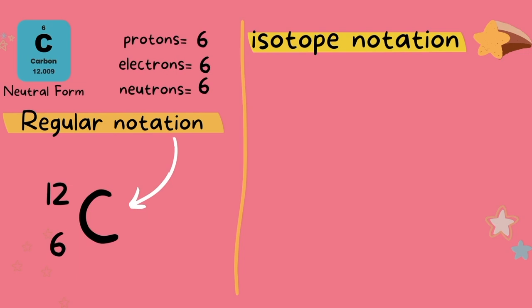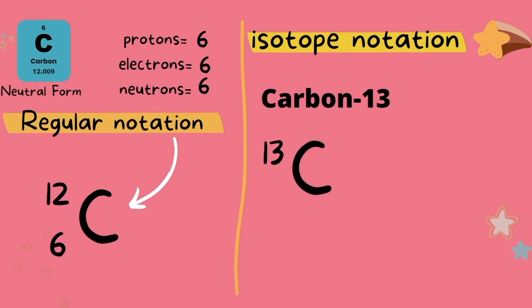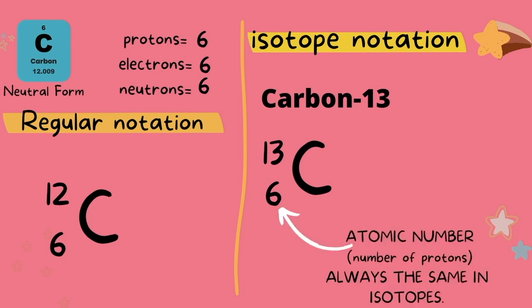We can write an isotope in 2 ways. One is by writing the element, then adding a dash, followed by the mass number. The other way is writing the elemental symbol, the mass number at the top, and the atomic number at the bottom. Notice that the atomic number remains 6, because remember, the atomic number never changes. It is the element's signature, and if carbon did not have 6 protons, it would not be carbon.